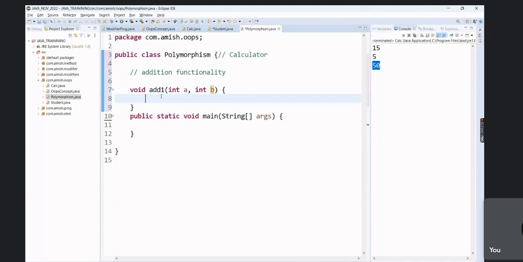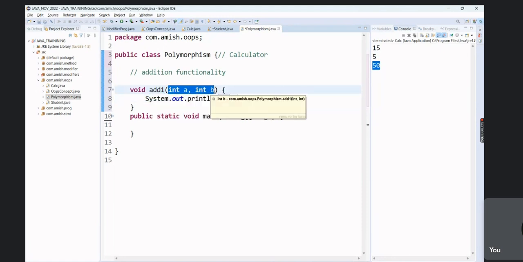Then inside this method, now we'll use those two, a and b. What it will do, we have to add those two numbers, so a plus b. So when we call this add one method and pass these two values in the argument, it will add those two numbers. Got it? It will add and print it. The same way,